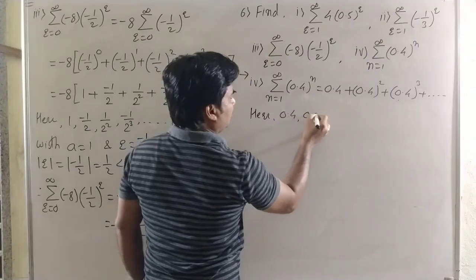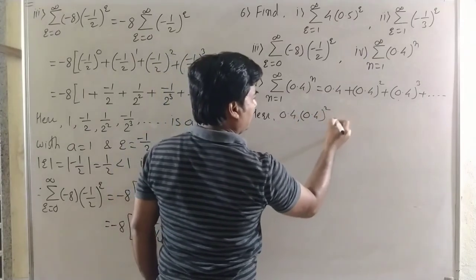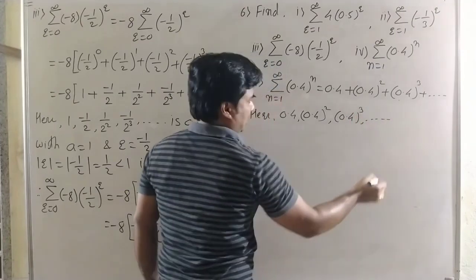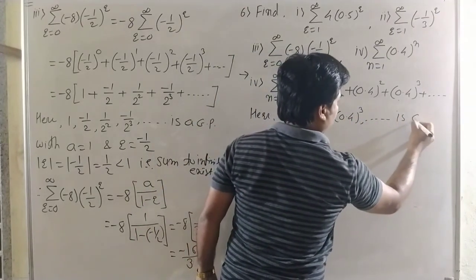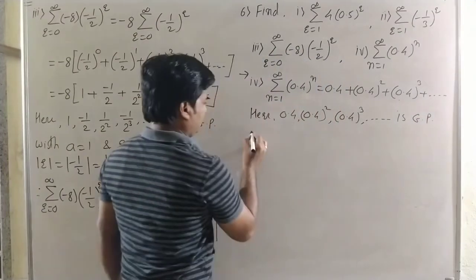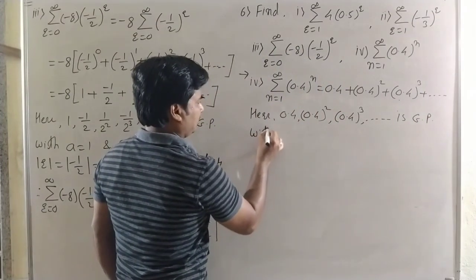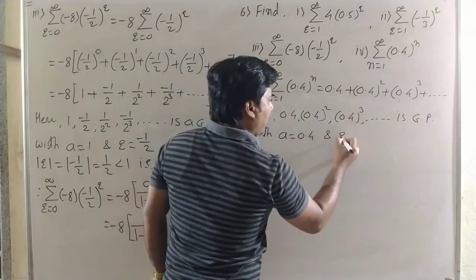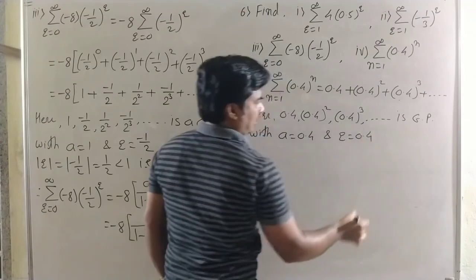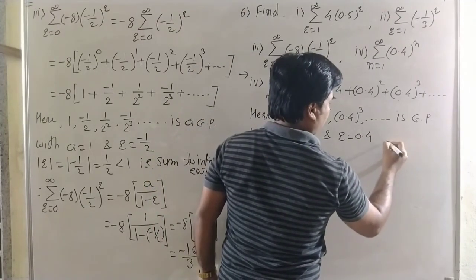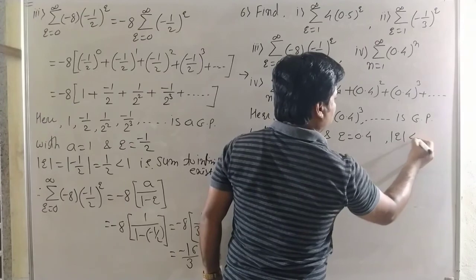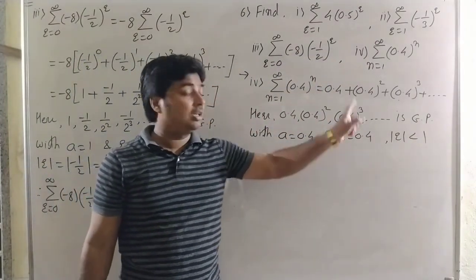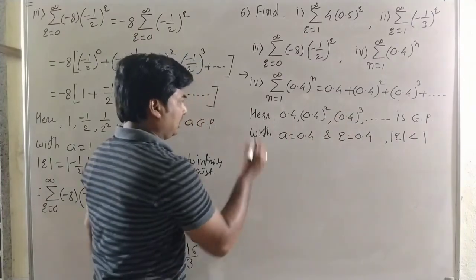Okay, here 0.4, 0.4 square, 0.4 cube and so on is a geometric progression with a is equal to 0.4 and r also 0.4, and here mod r is less than 1. That means sum is exist. Mod r is less than 1, it is a 0.4, okay, and therefore we can write